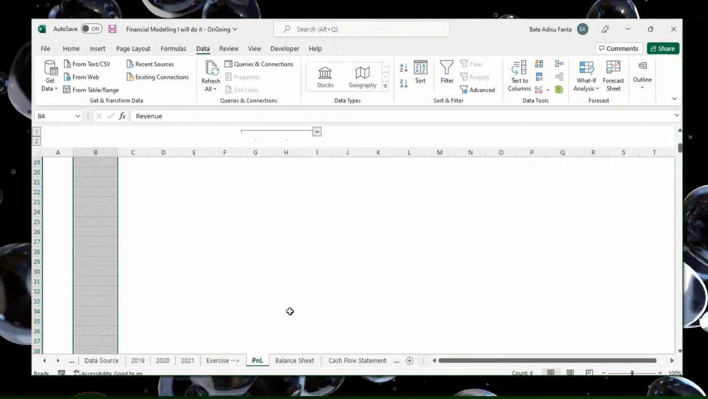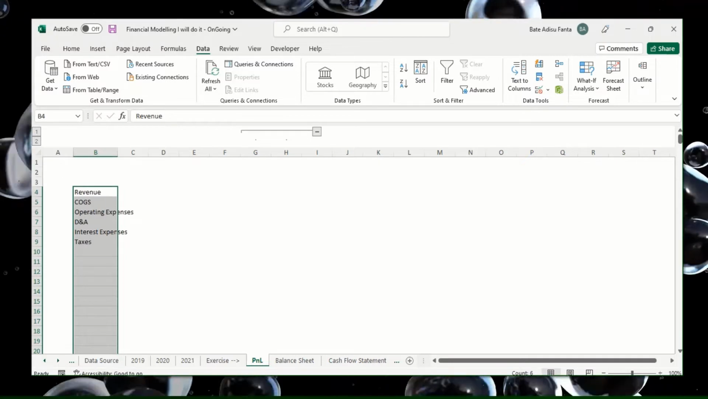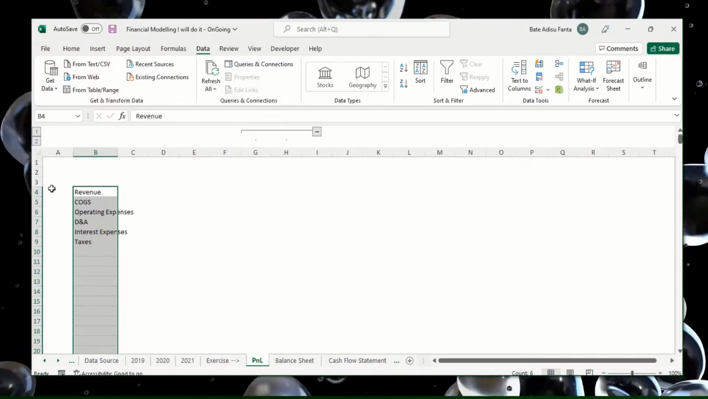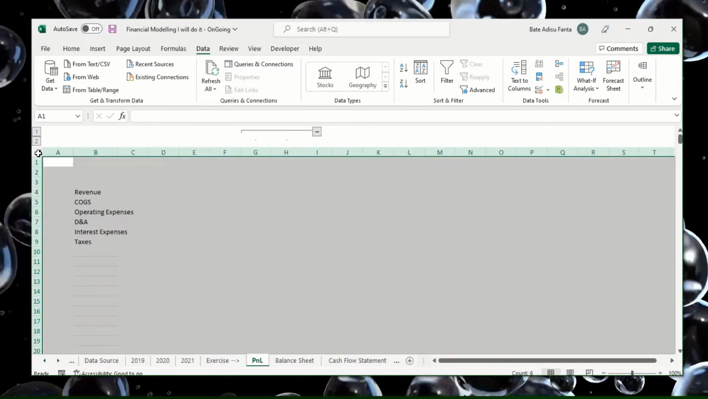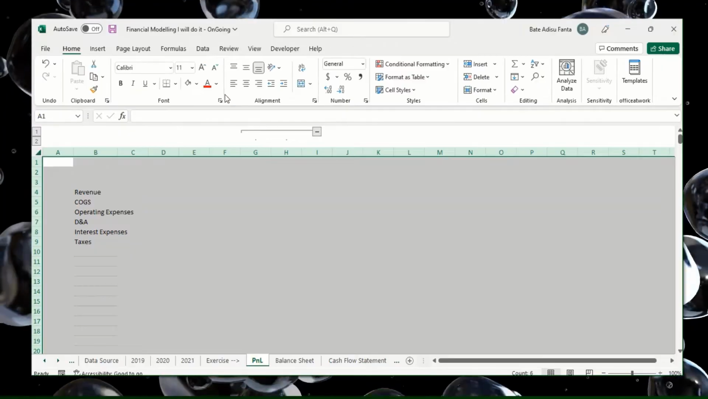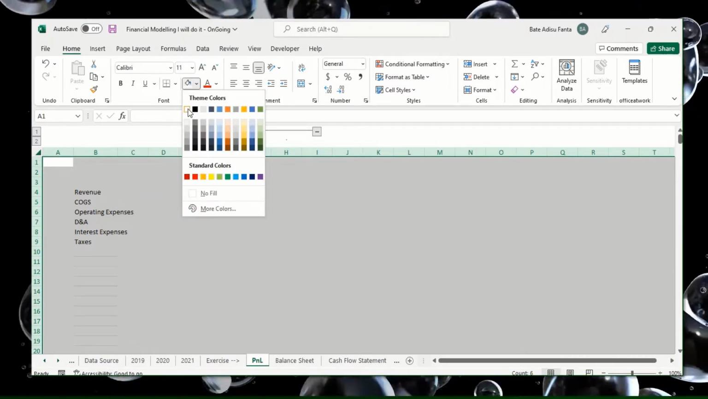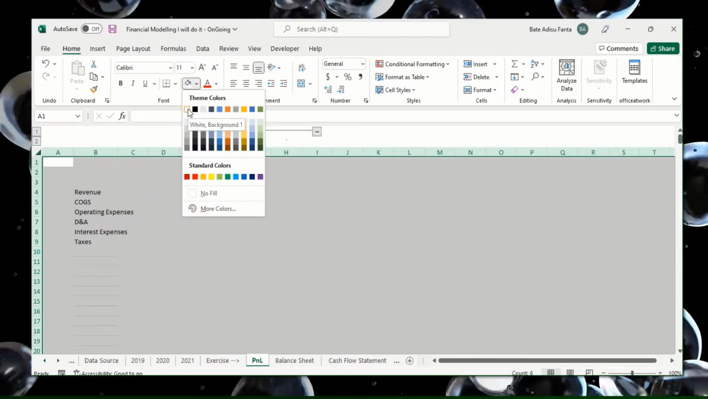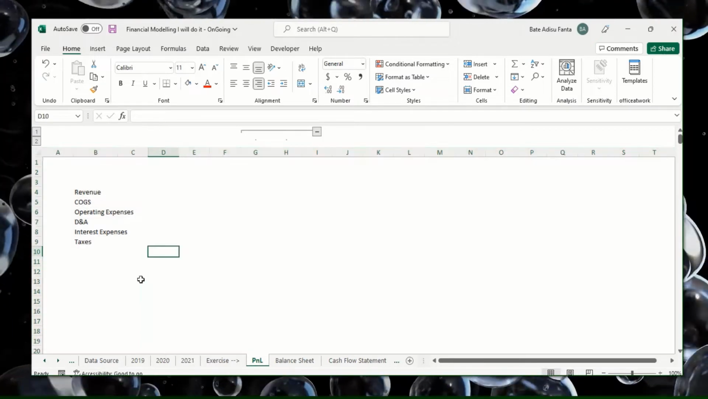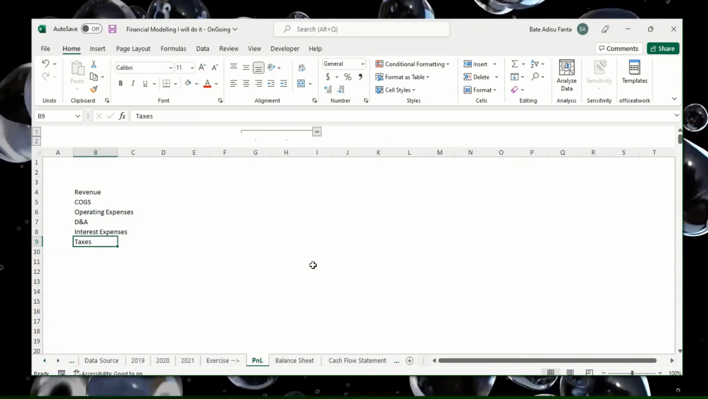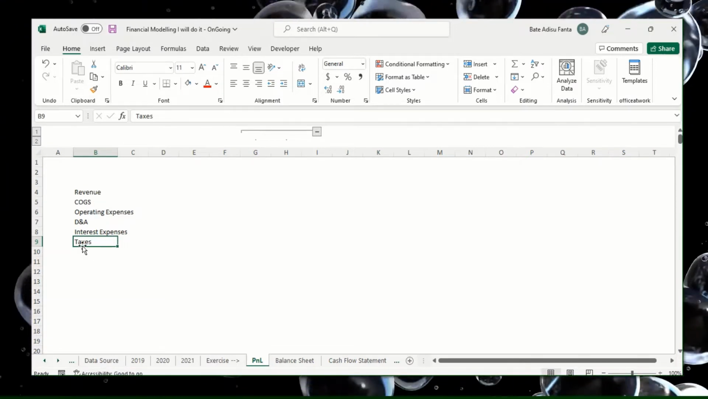Say okay, and you can also remove these lines. To remove these lines, you can simply click here and go to Home tab and just make the background color white, so that you will not see the grid lines. That's it, it's gone. All right, now what we are going to do is we need to format and put